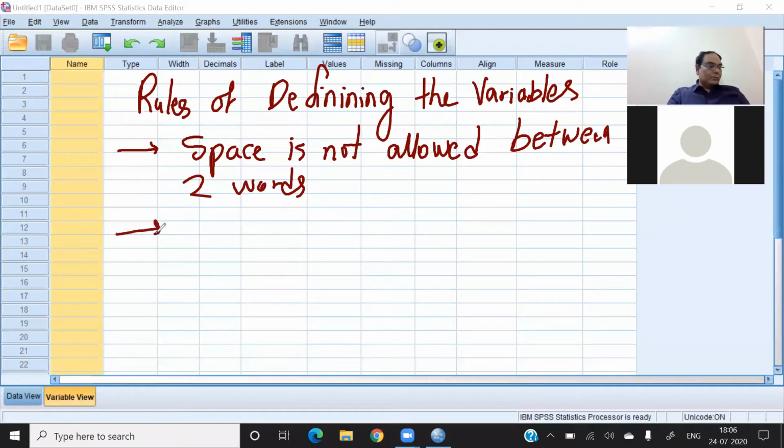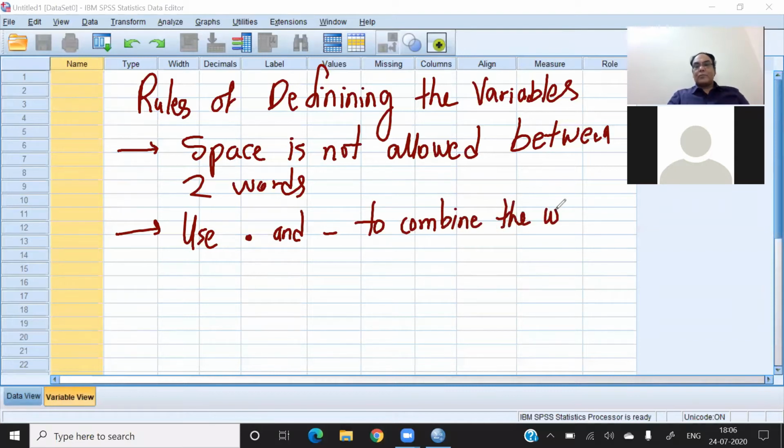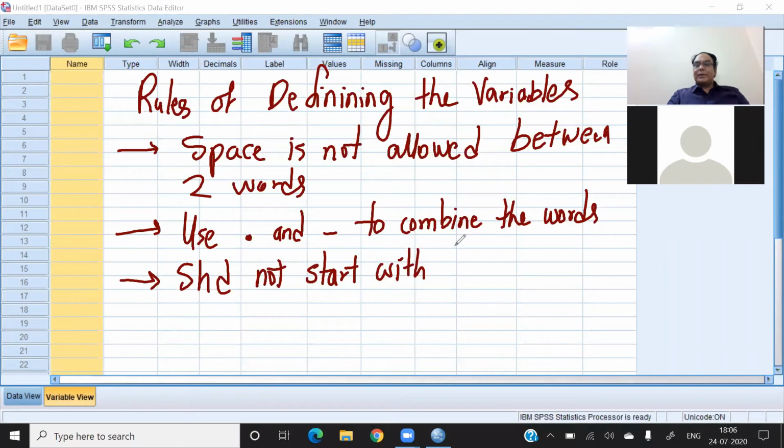Rule number 2, you can use dot and underscore to combine the words, right? Rule number 3, that you should not start with number. The variable name should not start with number, it always starts with the alphabet.